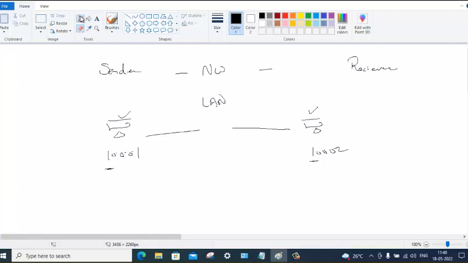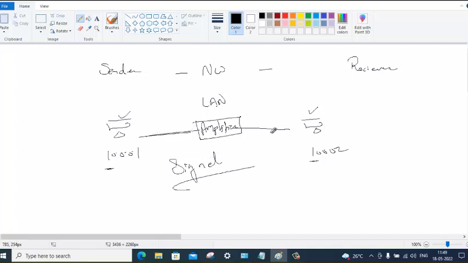device called an amplifier. Amplifier is a device from the olden days. The purpose of this device is to amplify the signal. Signal needs amplification. Why?